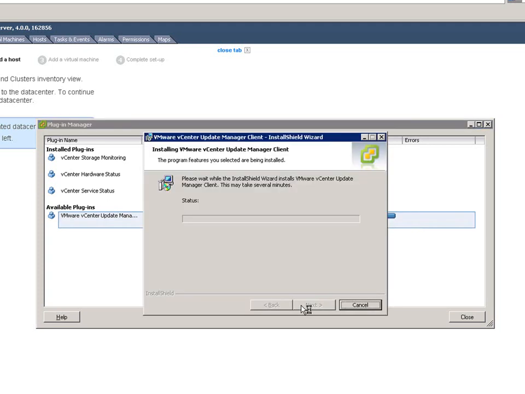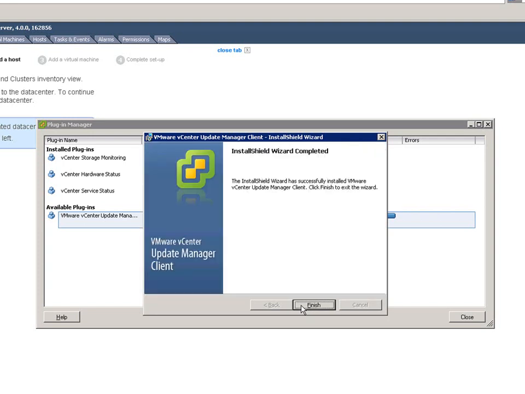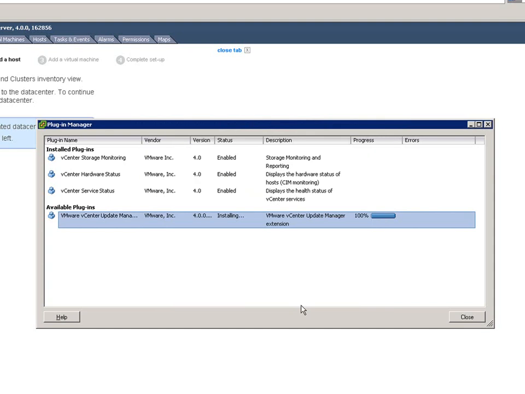The wizard will go through and install this, attach it to Virtual Center, and at that point everything that you have to do with regards to manipulating Update Manager happens from within Virtual Center. We're going to click on Finish. In a second here you should see the VMware vCenter Update Manager client within the installed plugins rather than the